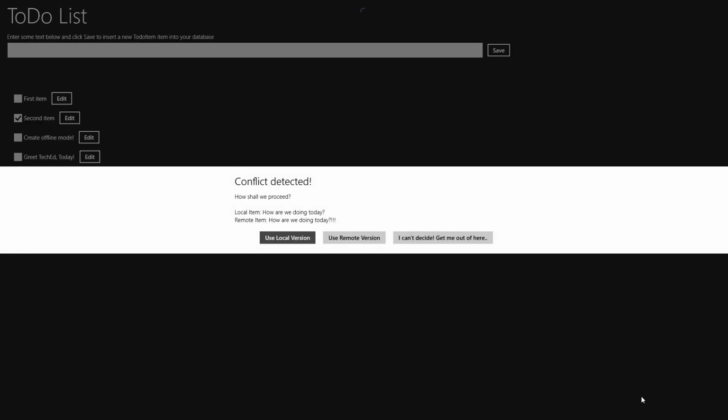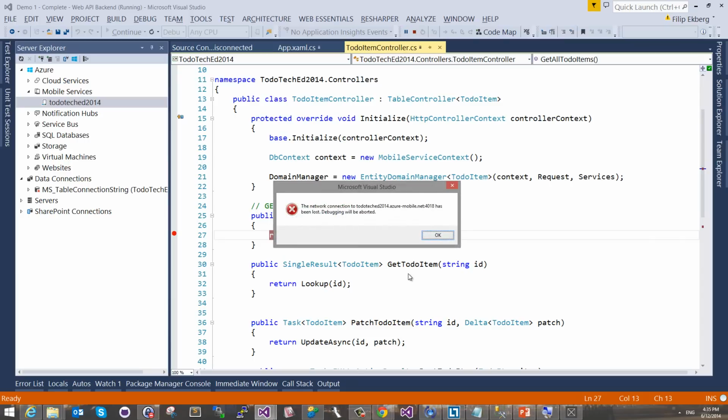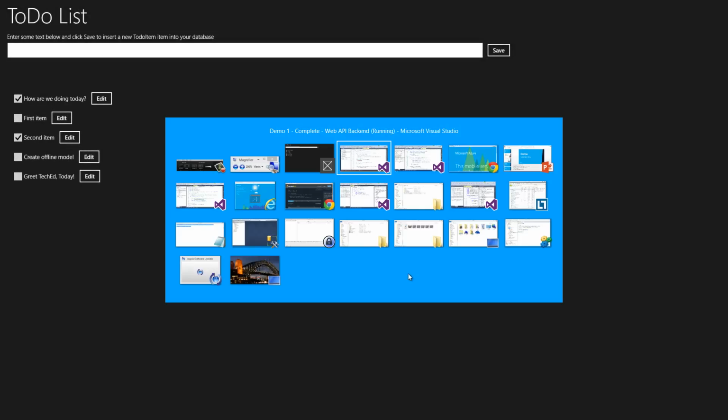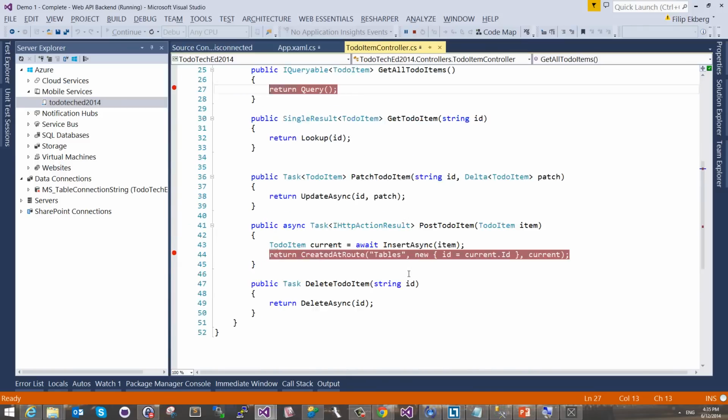As I said before, we should just have one button in here. It should be OK. We should take the local version. So if we head over here again and just have a look at what's in the